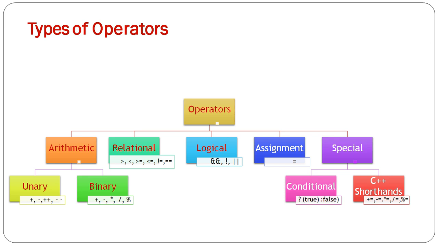Arithmetic operations involving only real operands or integer operands, we call them real arithmetic or integer arithmetic operators. The combination of integer and real is why they are mixed mode arithmetic. Here we can have unary or binary arithmetic. The major operators are addition, subtraction, multiplication, division and modulo. Modulo is used to obtain the remainder of a value. Relational are comparison operators. Logical we'll see in detail one by one.